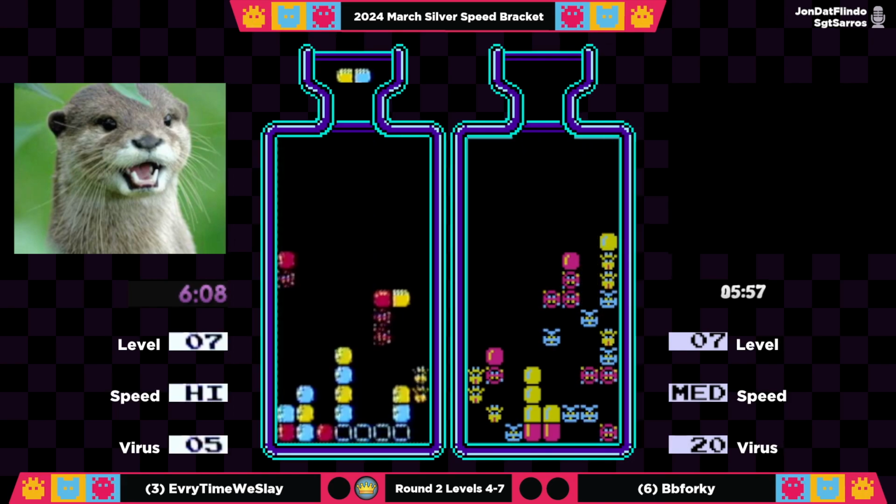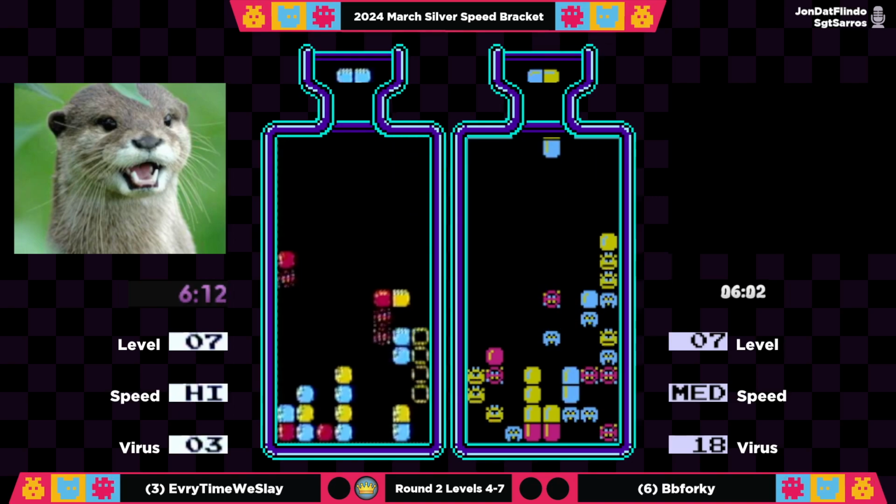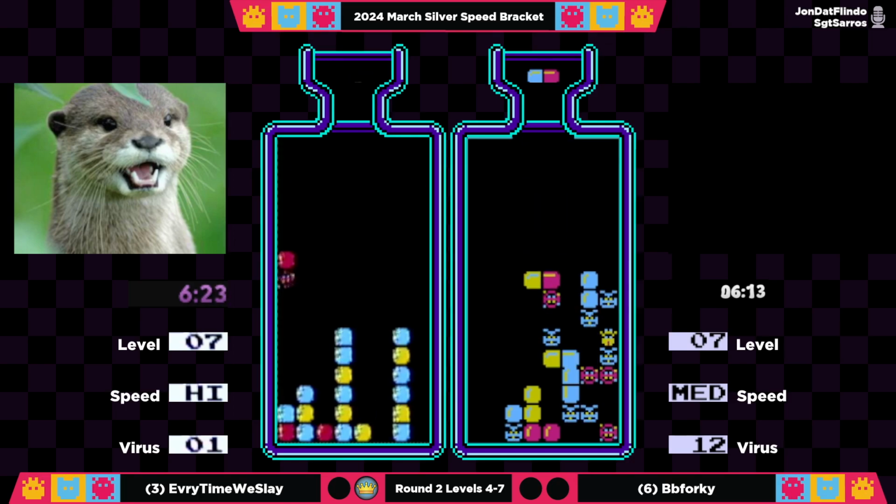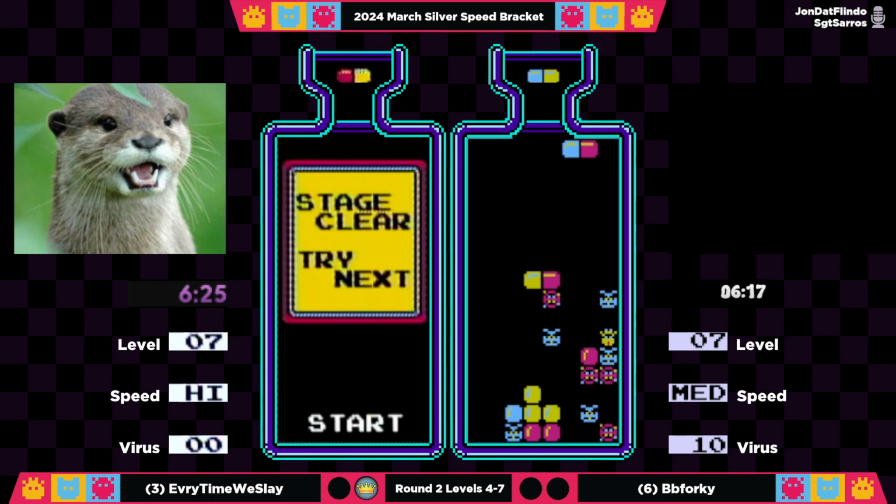And look at this nice combo being set up here by Forky. He's got everything lined up, takes a lot of pills down quickly. In fact, he's only 13 viruses back now, but with only 3 left for Slay, if he can get the reds he needs, this is going to be over very fast. Yeah, and keep in mind we do still have that 10-second time difference. It's going to be a 6:25 that Forky's got to get to,